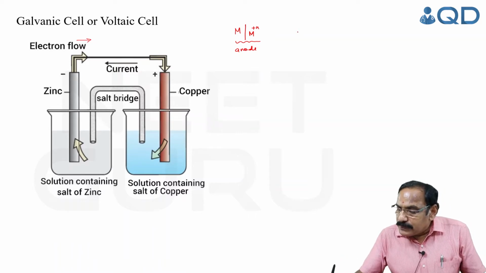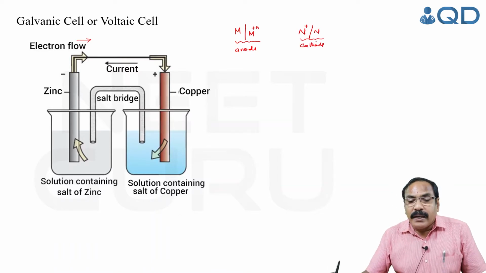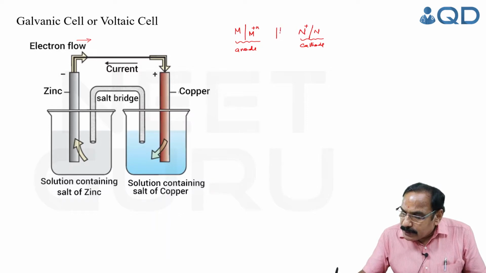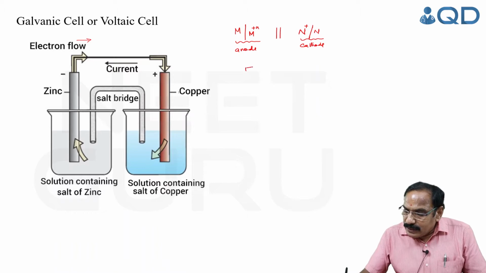The cathodic half cell is represented as metal ion | metal. And as I told, the two solutions are internally connected through a salt bridge that is represented by a double vertical line. Thus, the Daniell cell is represented as